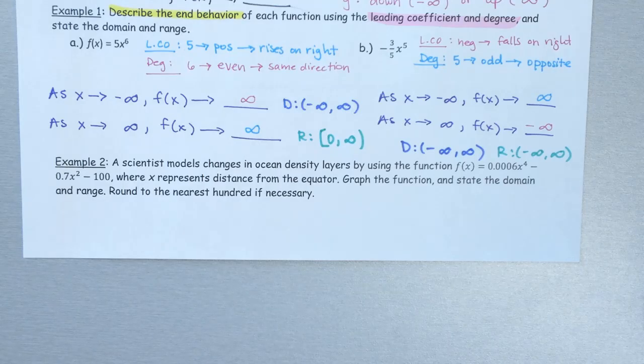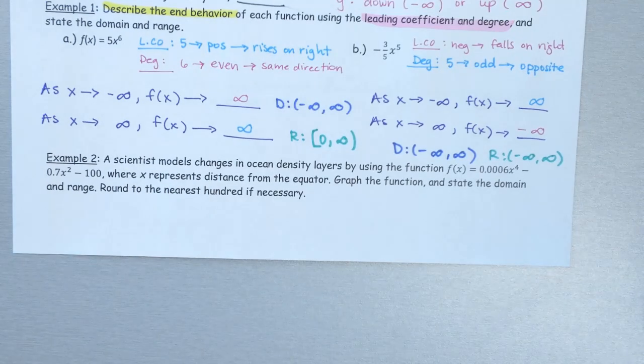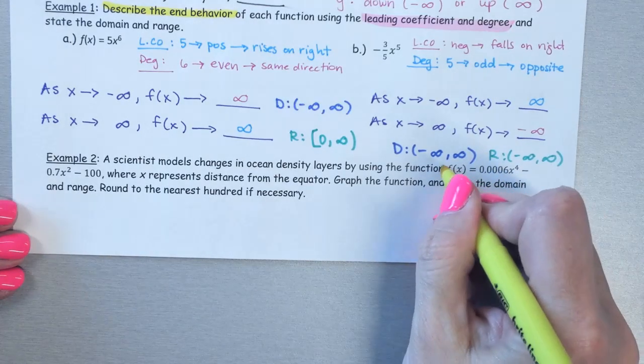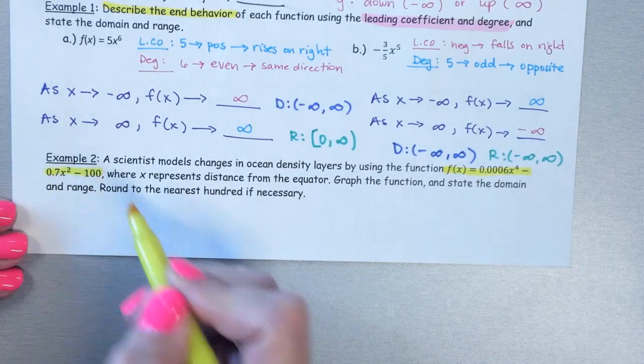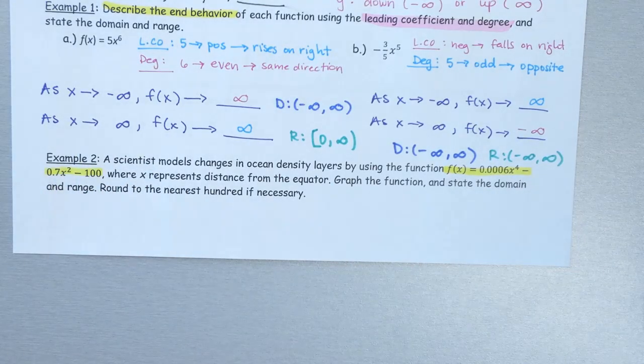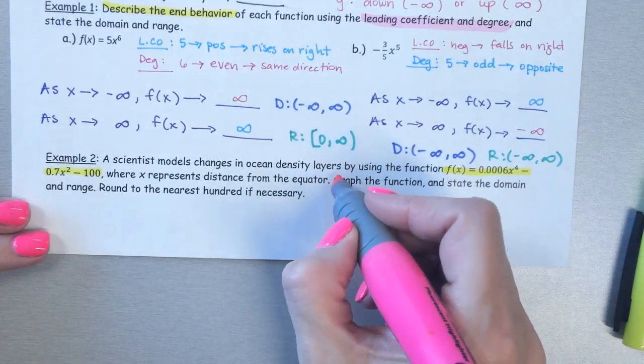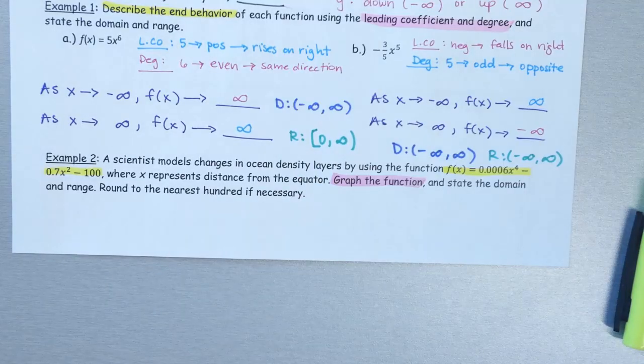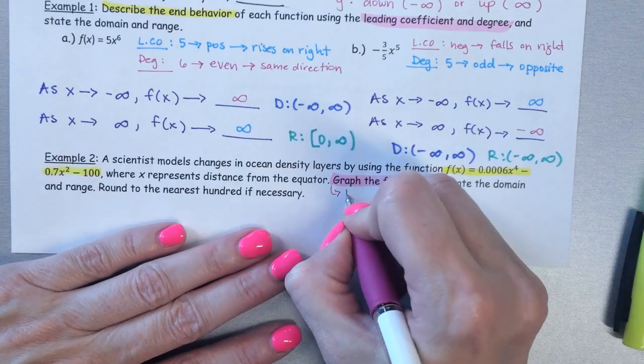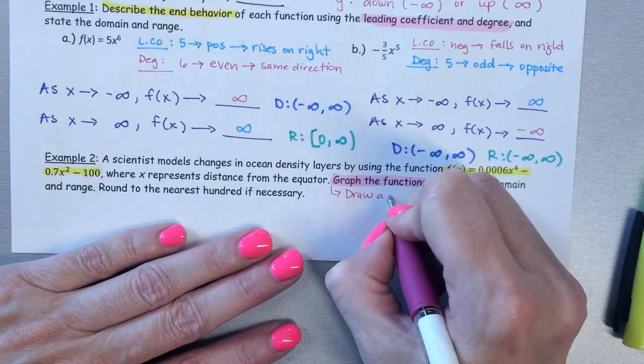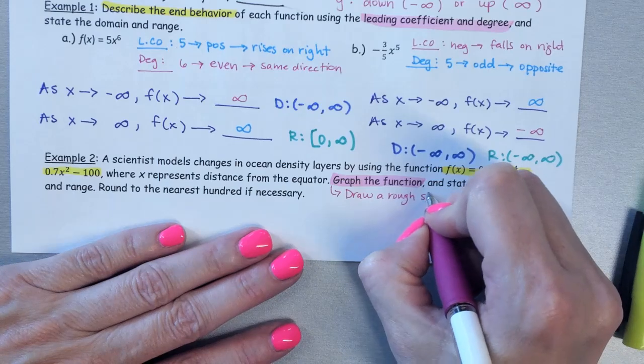All right, and then for example 2, if you guys have your graphing calculators, you can use that for this part. So a scientist models changes in ocean density layers by using the function f of x, where x represents the distance from the equator. Okay, when it says to graph the function, I'm just going to let you draw a sketch of that from your graphing calculator. Okay, so when I say draw a rough sketch from your graphing calc,